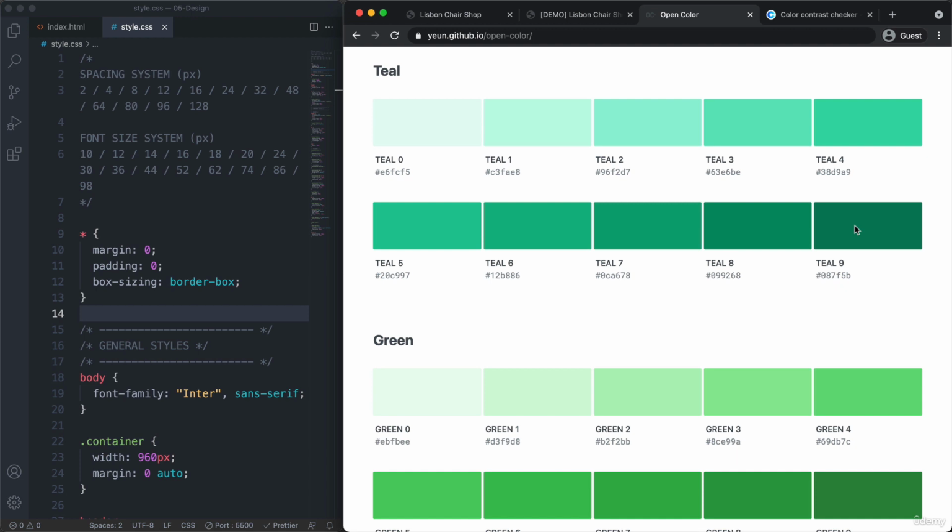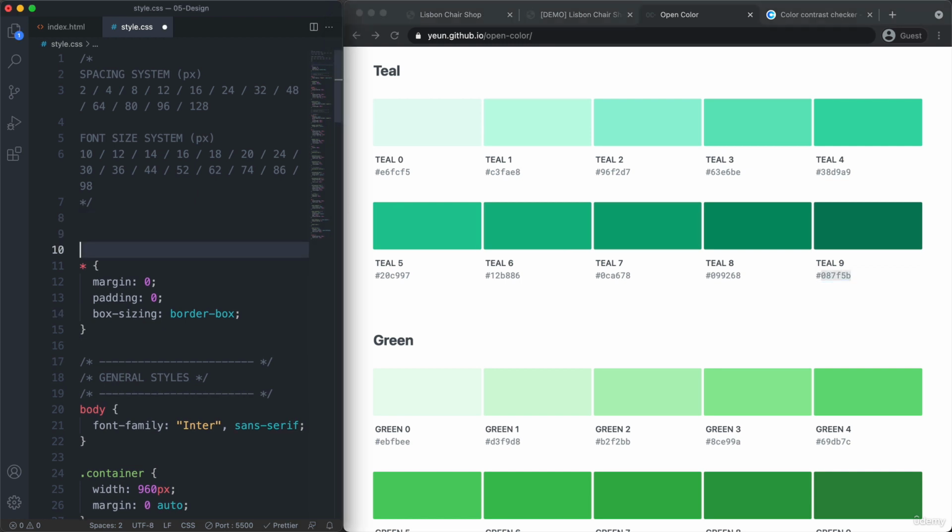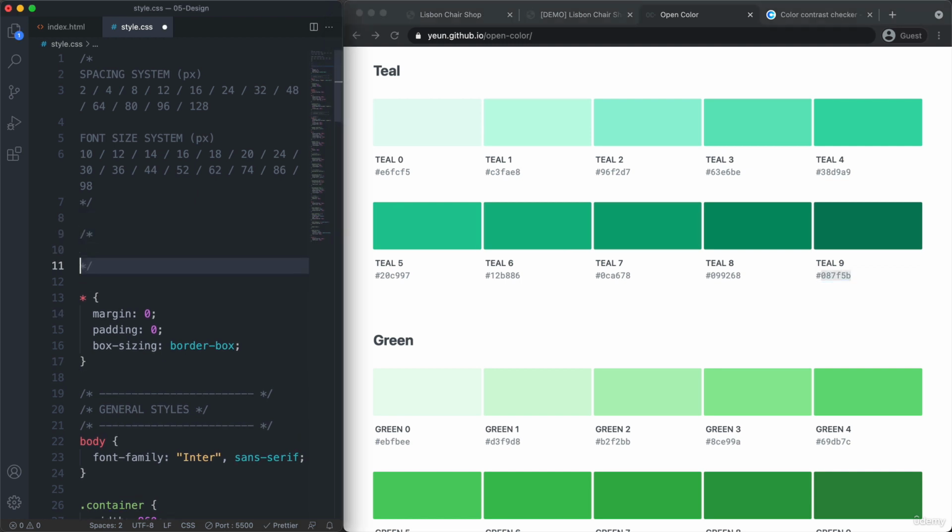So we could now choose any of these, but this dark one here looks pretty nice to me. So I will just copy this hexadecimal code. And then here in the comments, let's just write our color system here. So main color is this. And then it gets, even in the comments, nicely highlighted because of that VS Code extension that we